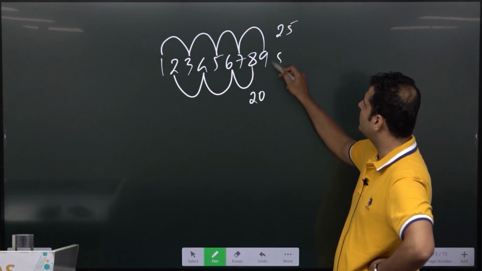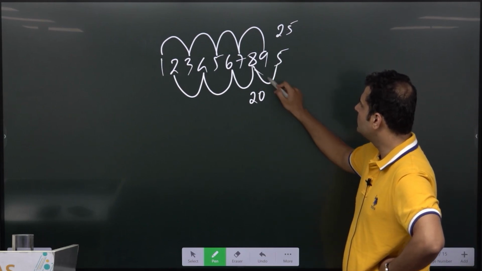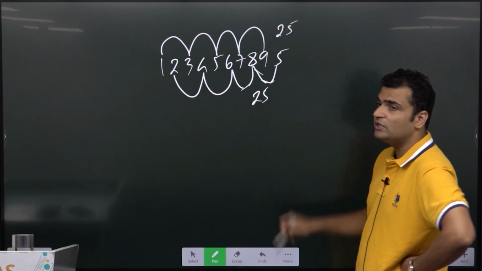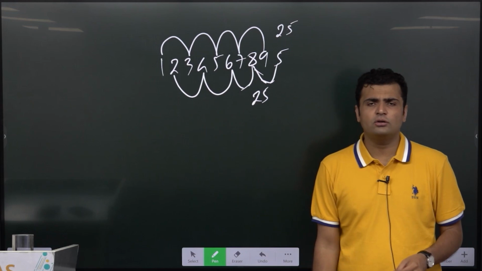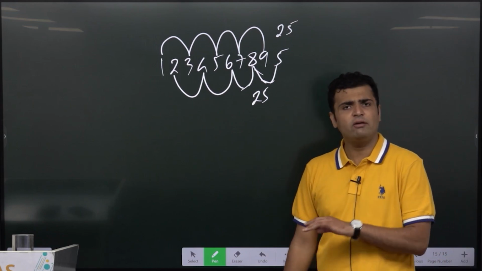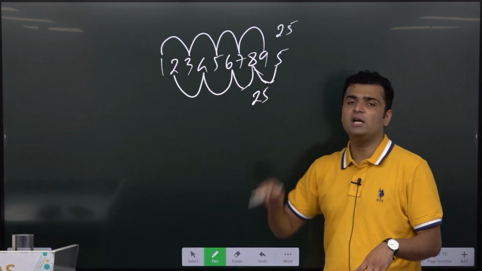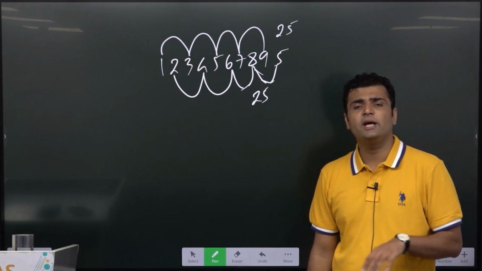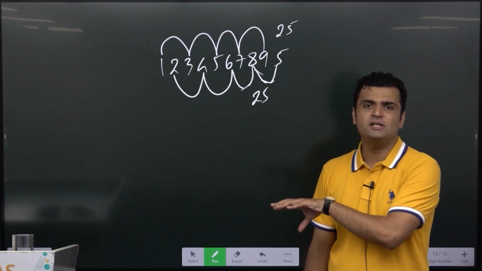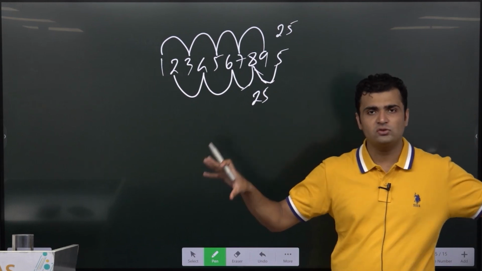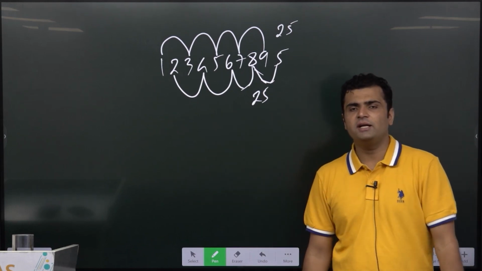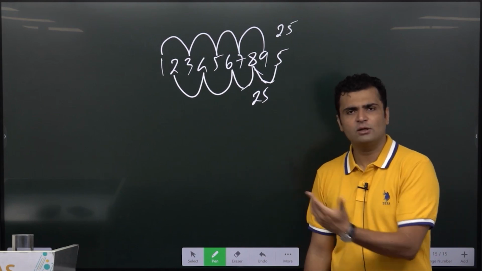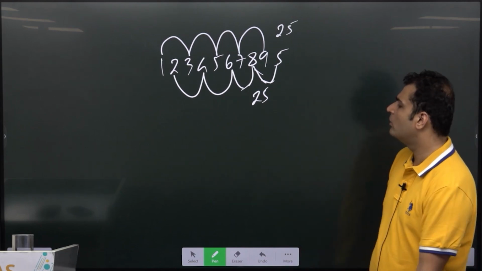But if I add this 5 here, then what will be the sum? This will also be 25 then, and 25 minus 25 is 0. 0 is divisible by 11 or not? Yes, 0 is divisible by everything. So then this number would be divisible by 11. तो करना क्या है? We have to take sum of alternate digits, and जो दो sums आएंगे हमारे पास, you have to take difference between that. If that difference is divisible by 11, मतलब 0, 11, 22 ऐसा कुछ है,